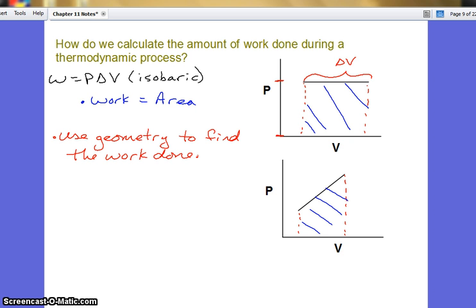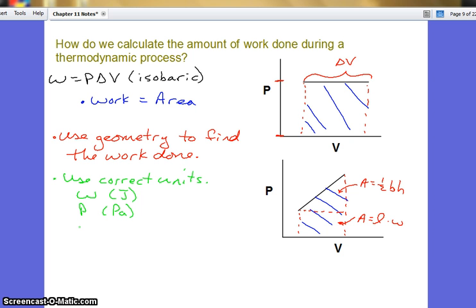So in this case, what we'd have to do is find the area of this triangle, which is 1/2 base times height. And we'd have to find the area of this rectangle down below, which is length times width, and then add the two together. Now we want to make sure that we're in the correct units though. So if we want to have our work in joules, we must have our pressure in pascals, and we must have our volume in cubic meters